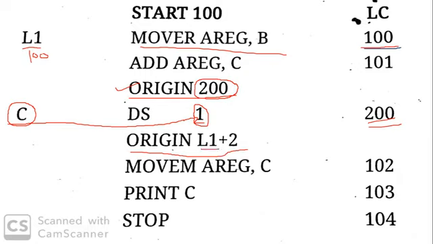The address of L1 plus constant value 2. We consider this expression, that is 100 plus 2. The next instruction will be stored at this particular address, which is given there: L1, that is 100, and 100 plus 2, that is 102, which is nothing but the address of the next location reset by the ORIGIN statement. This is nothing but the task performed by ORIGIN, which is an advanced assembler directive. Now you have understood this particular concept with the help of this example.